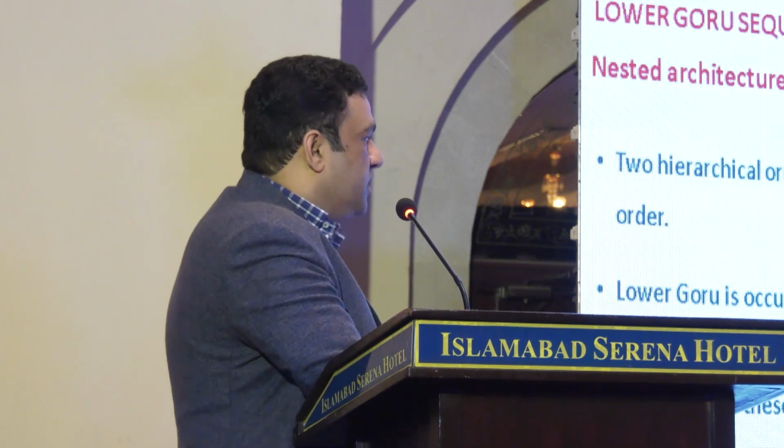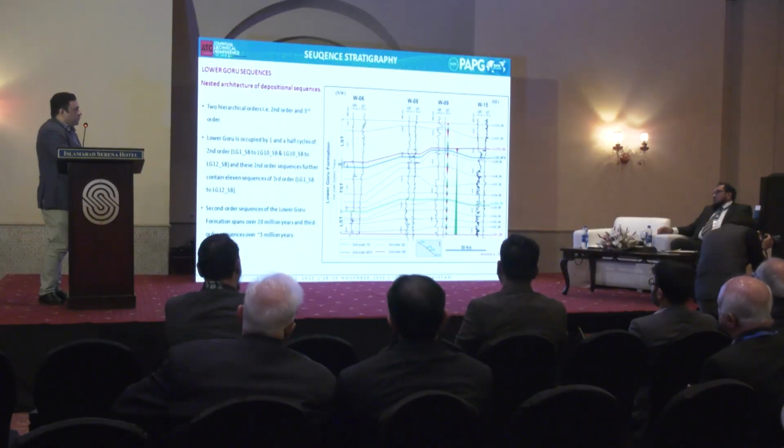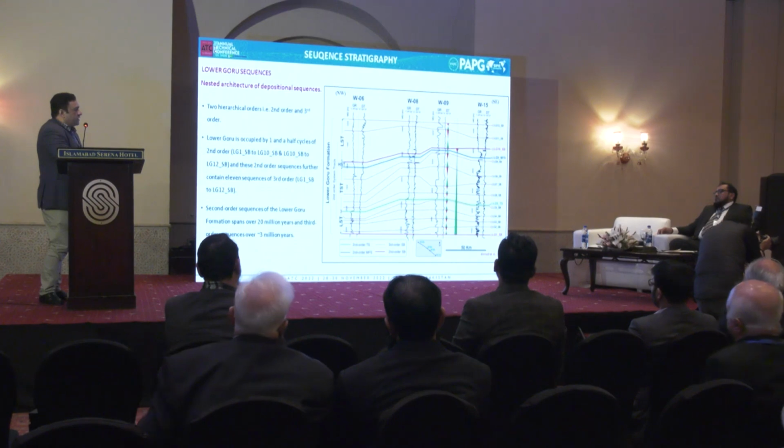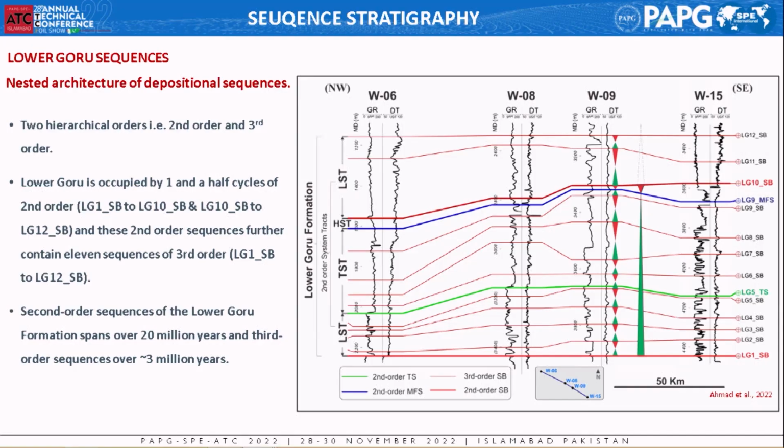So here you can see there are 3 bold surfaces: LG1 sequence boundary, LG5 transgressive surface, and LG9 maximum flooding surface. So these are the major second order surfaces where the events of the second order and third order synchronize with each other to give very pronounced